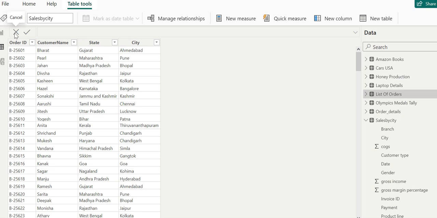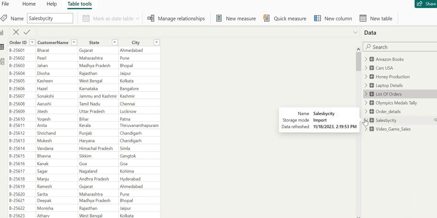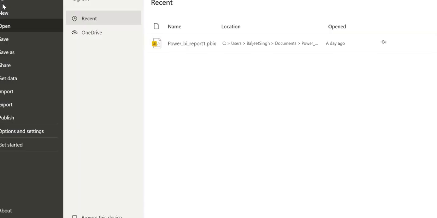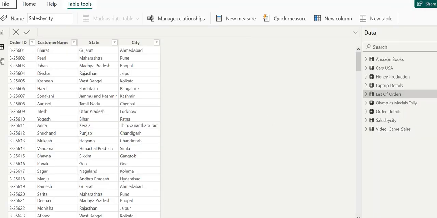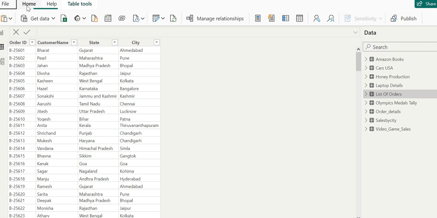We just need to close it. What we really need to do is just go to the home menu and click this report view.